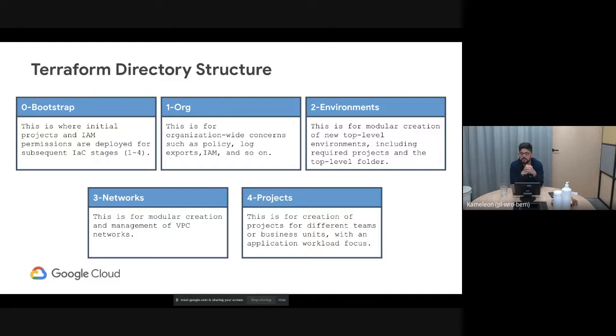Then the environments section can be used for creating different environments in your organization. Maybe you want to create different folders for different environments, so that the hierarchy can be bootstrapped from the environments section, and you can create multiple folders based on various different use cases, based on different business units, based on different environments and whatnot, right? And then moving further with network creation, it can be used for spinning up your base